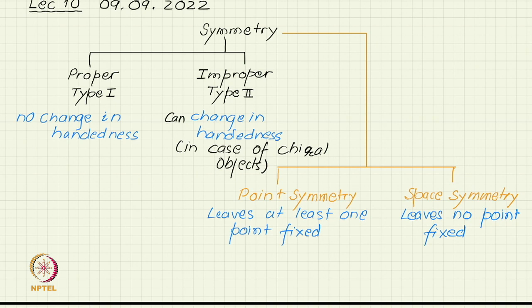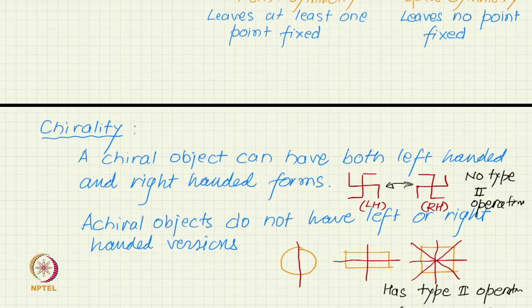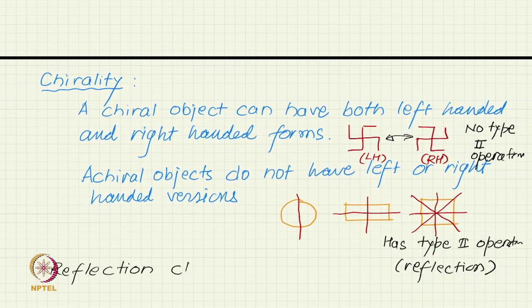So a direct claim, as I was making previously, that an improper operation will change handedness was not perfectly right, because it cannot change handedness if the object is achiral, because it doesn't have a hand. So how can you change the handedness? Whereas in the swastik case,